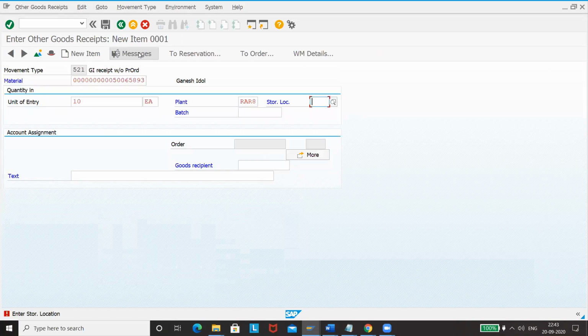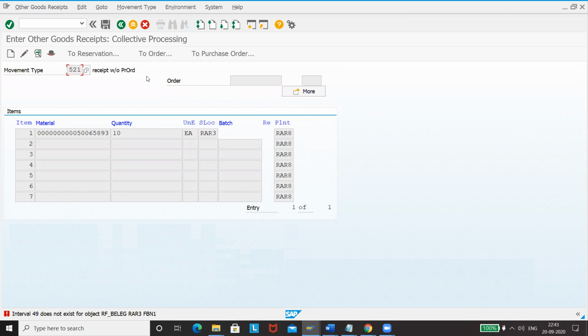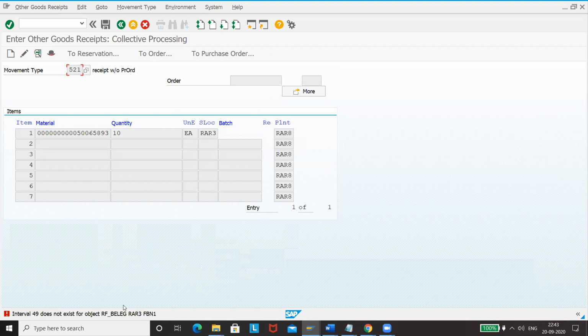Show this location, RAR3. Yeah, since everything is fine, try saving this. Whenever you try to do anything with regard to material, this interval has to be maintained. So you will just have to go to FPN1 and maintain the 49 number ranges.